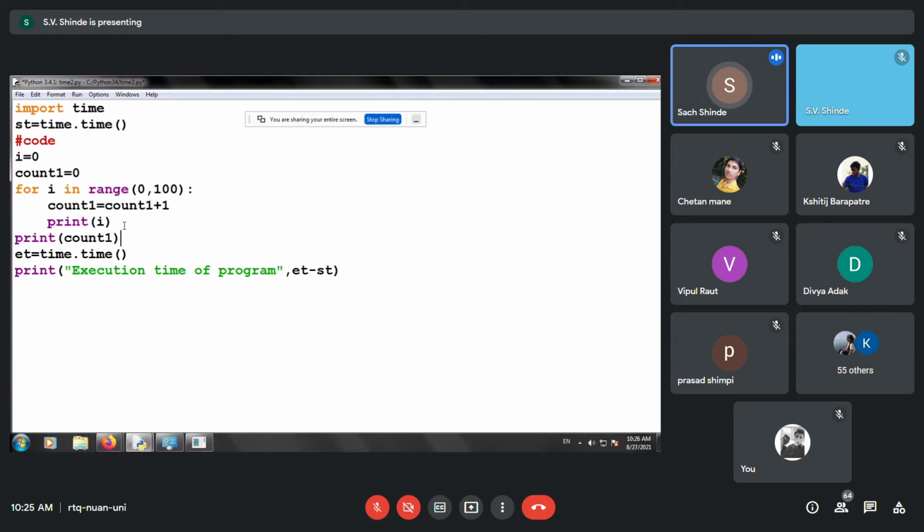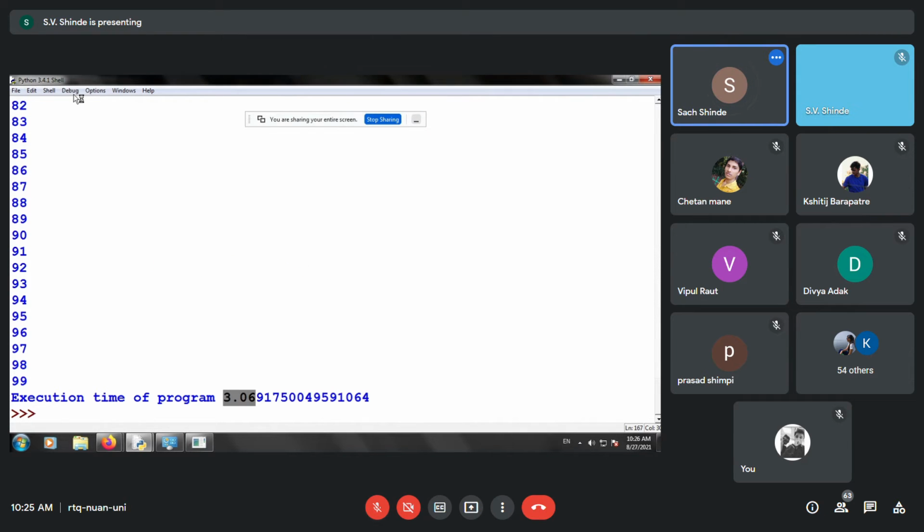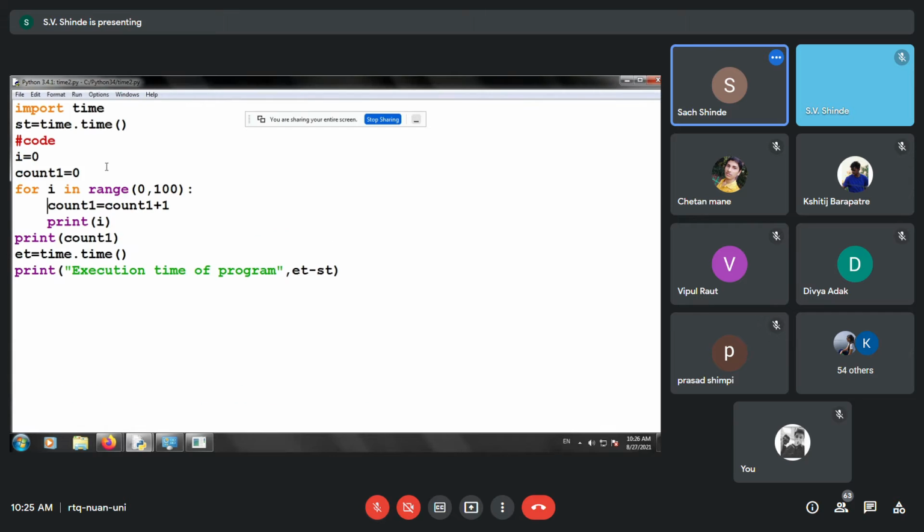Now let us analyze that we have introduced one more variable, that is count1, and observe what the output is.